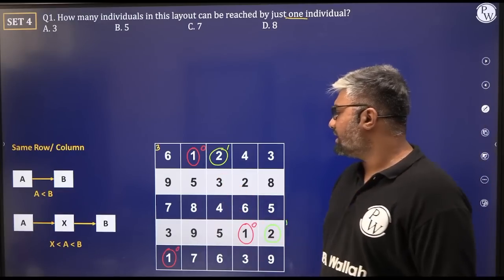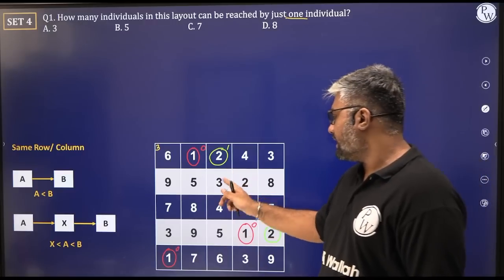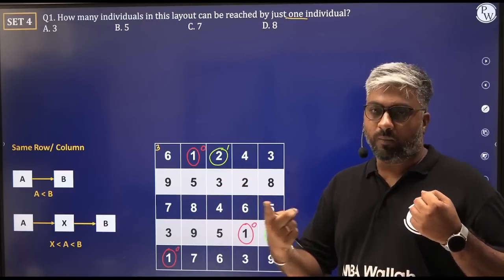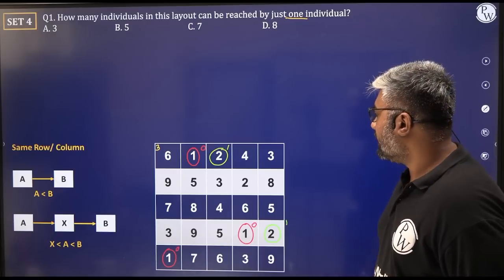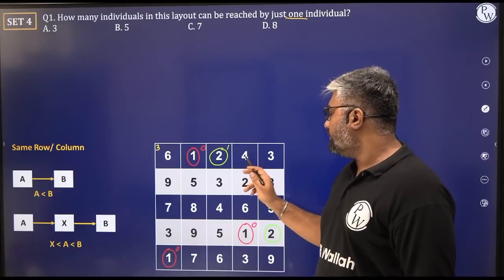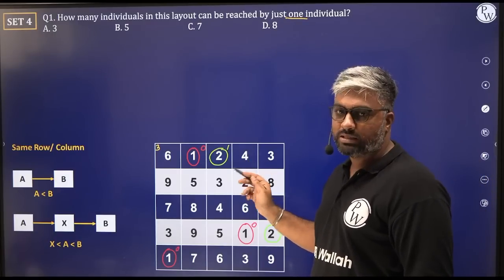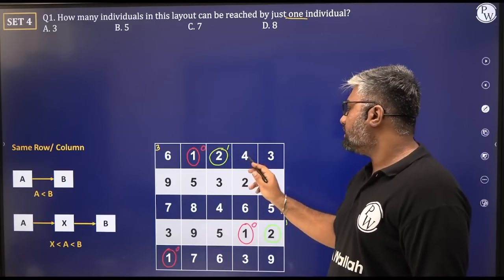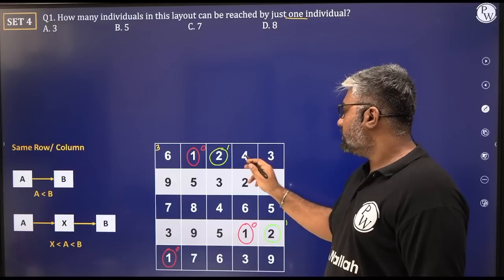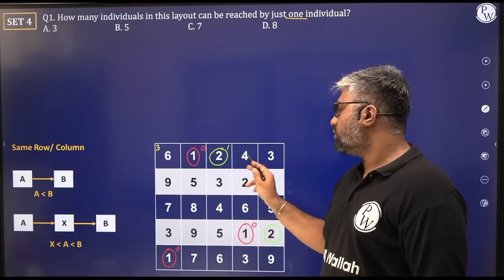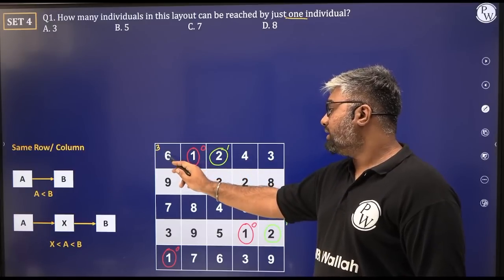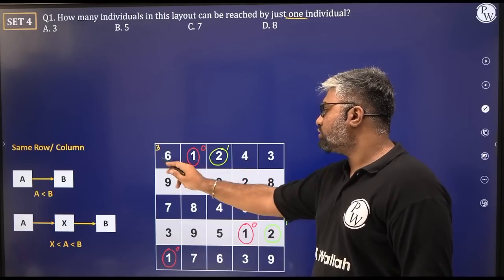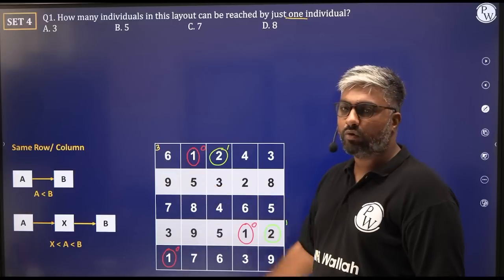Right, same situation will arise with 3 also. Similar situation will arise with 3 also. But with 3, 2 numbers are possible, 2 or 1. So you have to be on the lookout for that. Okay? If you look at this, 4 can be reached out by more than 1 number. Can you see that? This 2 can be reached out by more than 1 number. 2 can be reached out by 4 also. Can be reached out by this 3 also. Cannot be reached out by this 1 because 2 is greater. Can be reached out by this 6? No. Why? Because 1 and 2 are lesser, but A should be less than B. So 6 should be less than 4, but it is not.